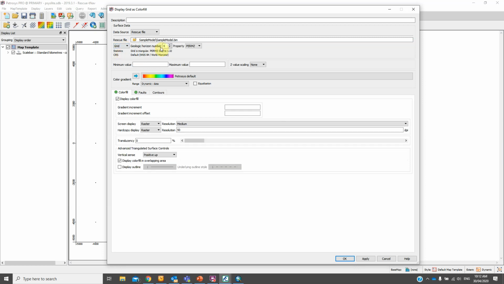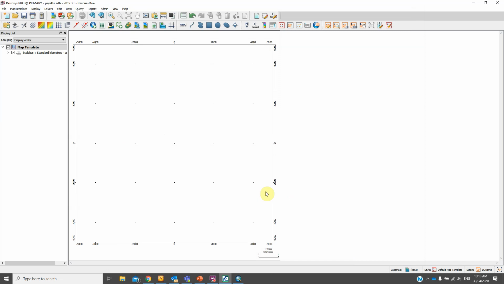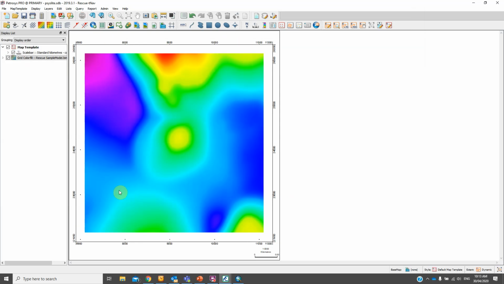If you select grid, you will be able to choose any of the properties contained in that rescue model, and then you will be able to choose any layer from within that model. In horizon, you will see the horizons that make up that model. So in this case, I'm going to choose this horizon here, and I will be displaying it as a grid. So I'll use just the defaults, just a display color field. Click OK. My extent changes to fit the data, and now we are displaying rescue horizon as a grid in